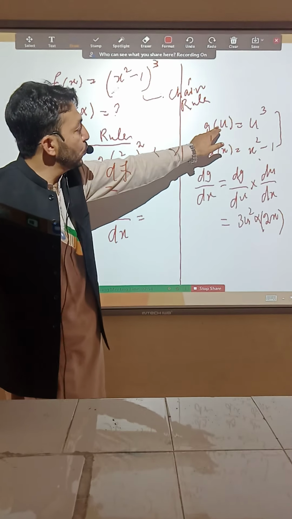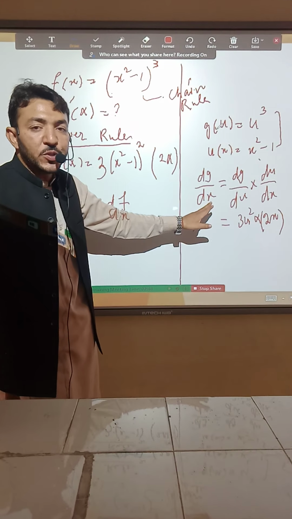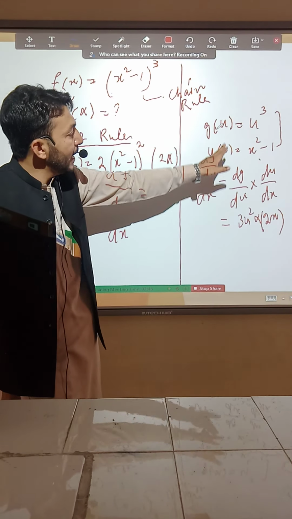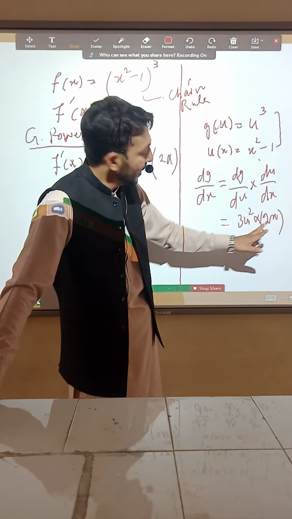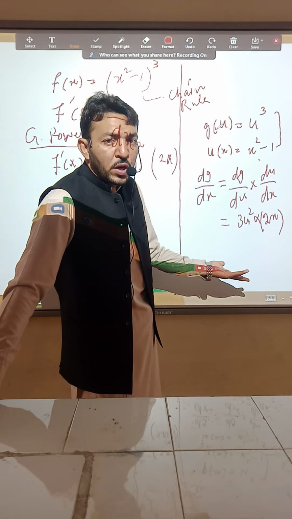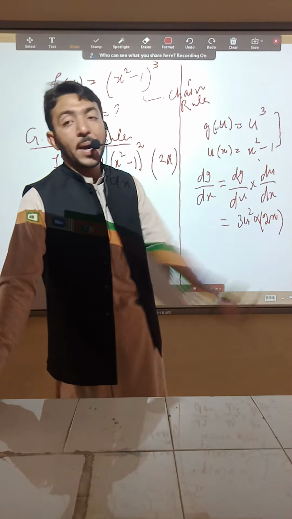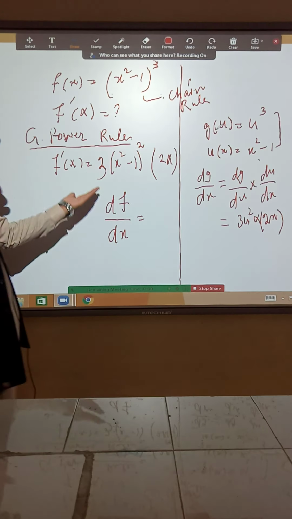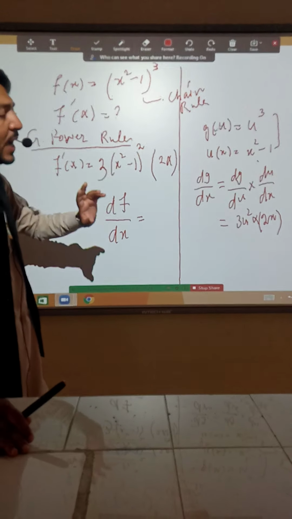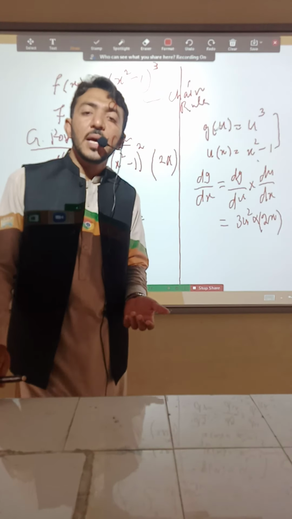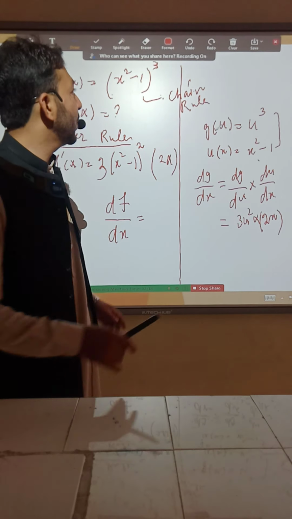that is now a composite function, u is another function which is in the domain of g. So अगर इस g को आप डिफरेंशिएट करेंगे with respect to x, तो आपने पहले g को with respect to u और u को with respect to x, तो यहाँ से कितनी आसानी से आपको डेरिवेटिव मिल जाता है। Just if you are interested to convert your answer in a variable x, so just replace u by x square minus 1, u को x square minus 1 से रिप्लेस कर ले तो आपको अपना आंसर मिल जाएगा। सो यहाँ चेन रूल यूज करने का मतलब यही है कि आपके पास जो सिंप्लीफिकेशन है वो आसान हो जाए। सो दैट इज ऑल अबाउट द चेन रूल।